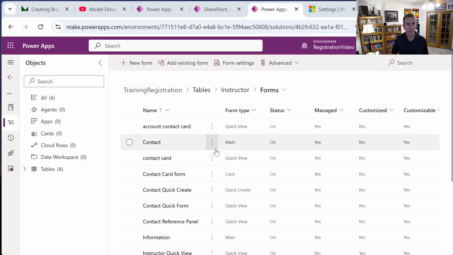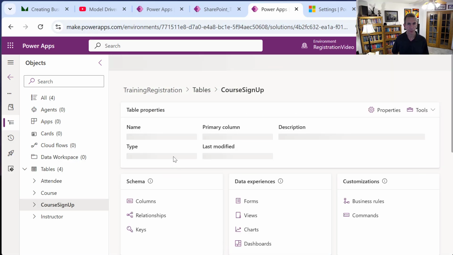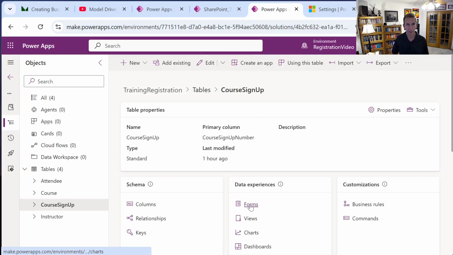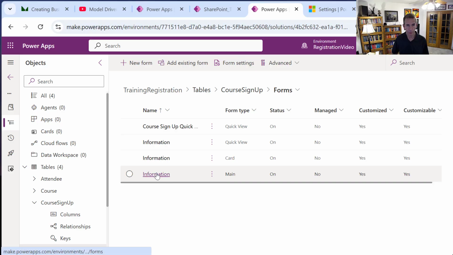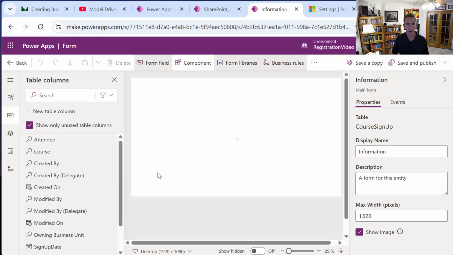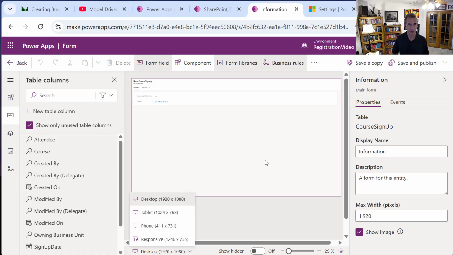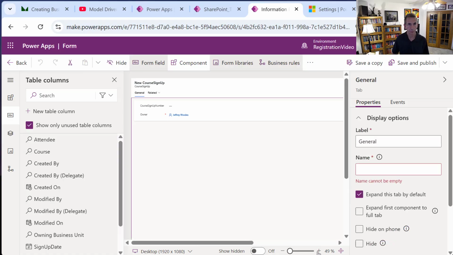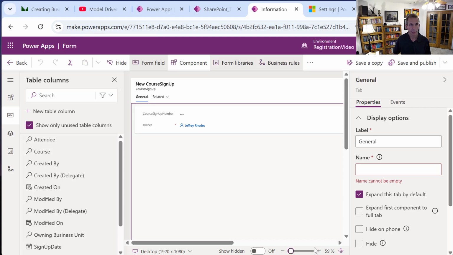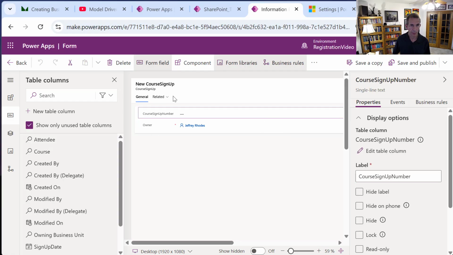All right, so let's move into our main form. So we'll go into tables and let's do the course sign up first. So if we go to forms, then we want to go to this main information form. And notice we can look at it in different aspect ratios and so forth. But let's zoom that up a little bit. And so first thing we want to do is add to the main part that we have. So it just put owner in there now. And the course sign up